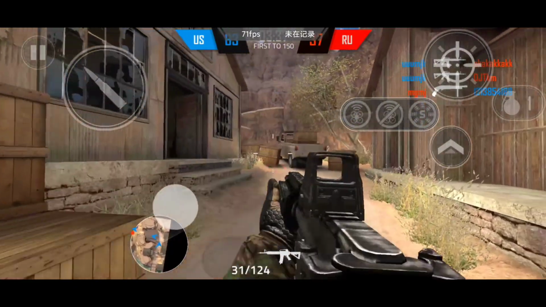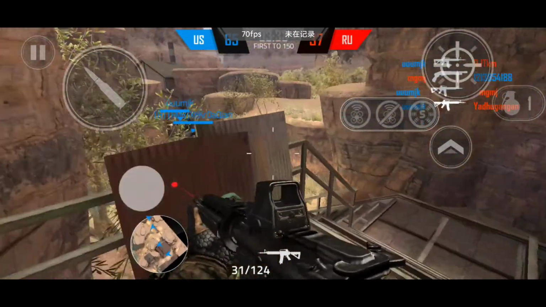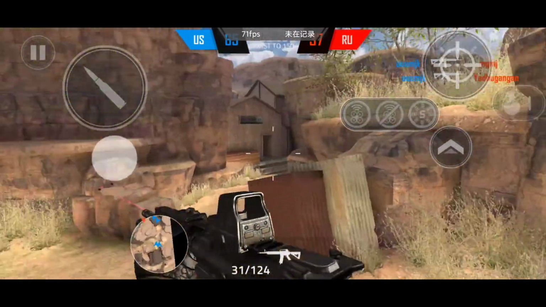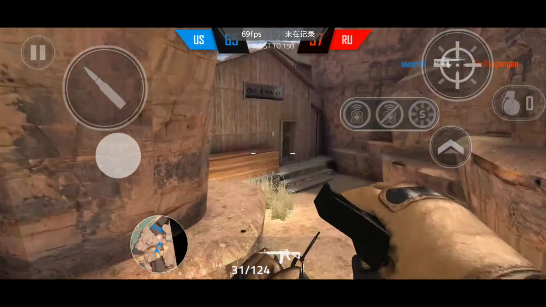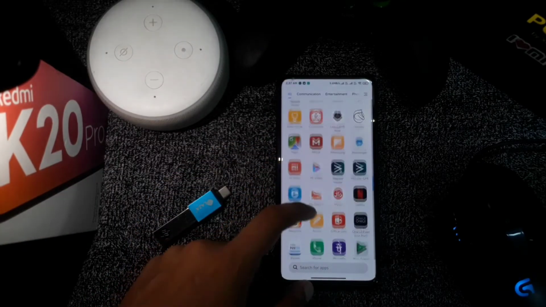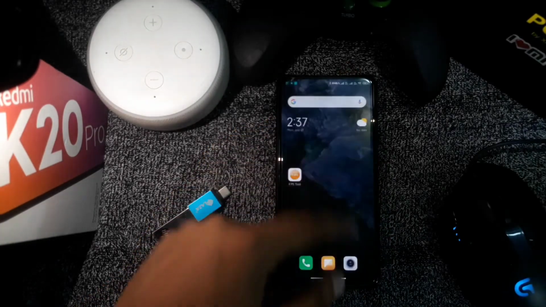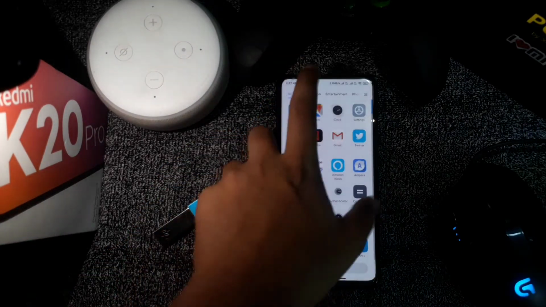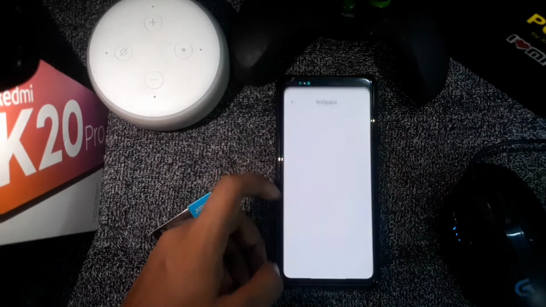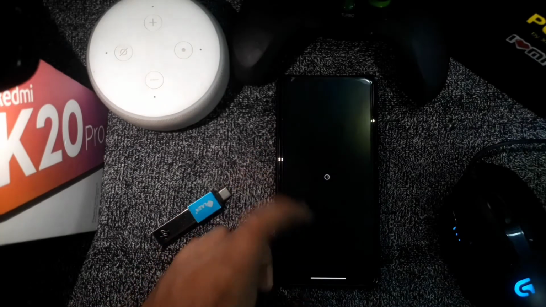So guys, this game has a 90 Hz refresh rate and I am getting overall 70 to 73 Hz on it, and it's not showing on my recorder because it only supports 60 FPS. So if you guys play games like this, then this is so much beneficial for you. And if you don't want to miss any single frame of animation and want a super smooth feel, then you can go for it.